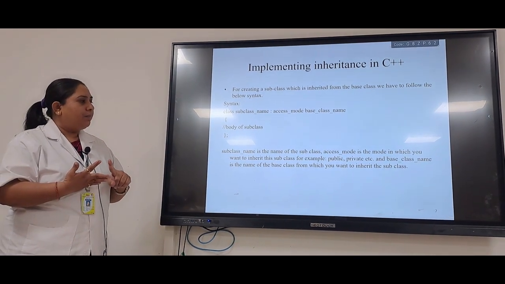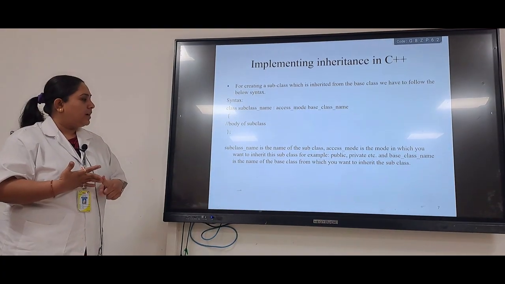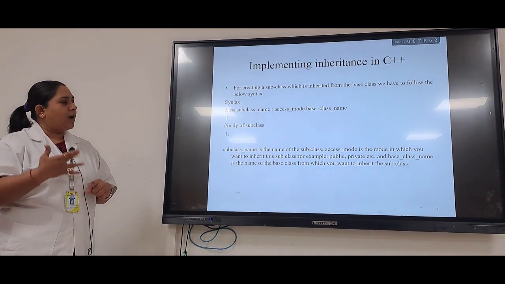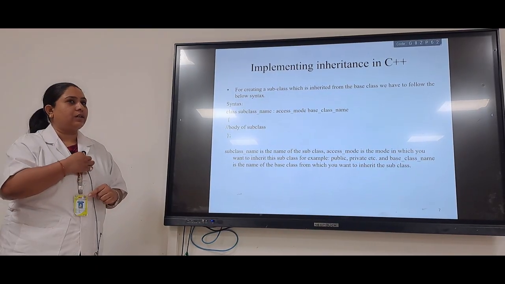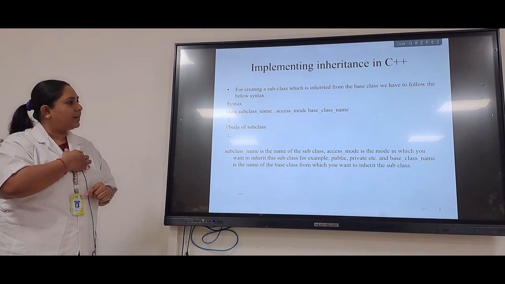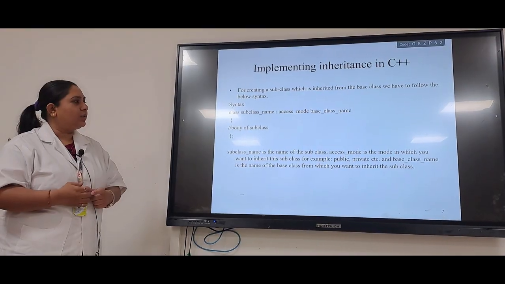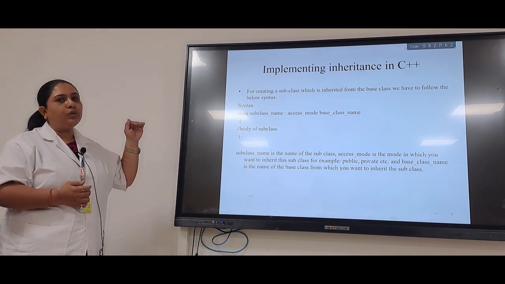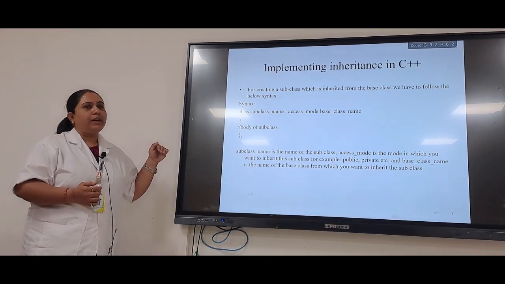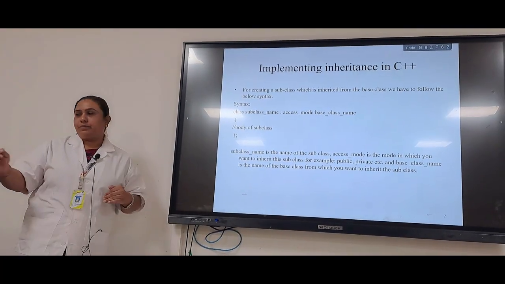And we have the base class name, the class from which we want to inherit the subclass. This is the exact syntax, and this is the way we inherit a derived class from the base class.